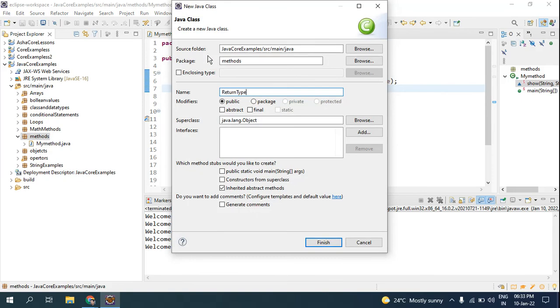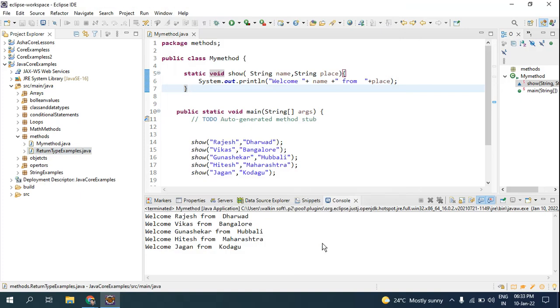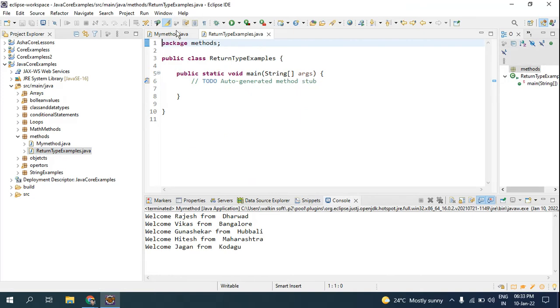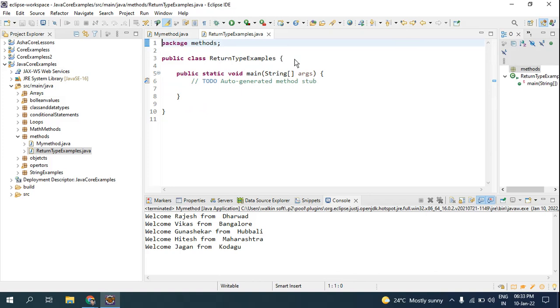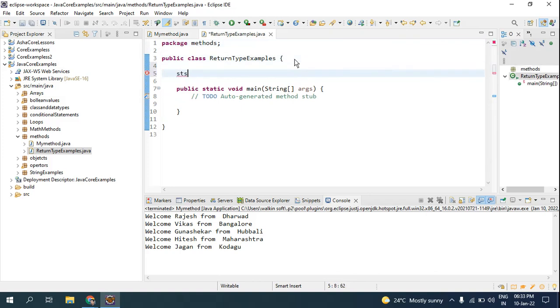Return type examples. So this is the class name, and I'll select the main method. Look here, as I said, how to create a method. Now I'll create a static method. Static. Here I'm not going to use void. Suppose for now I have used void, and now I'm going to call an addition function.